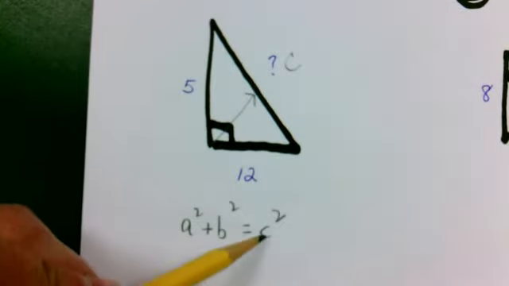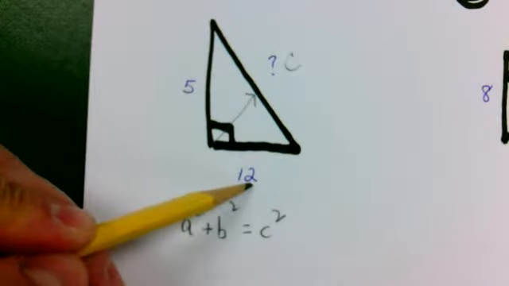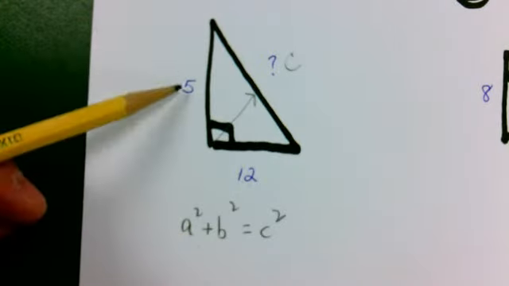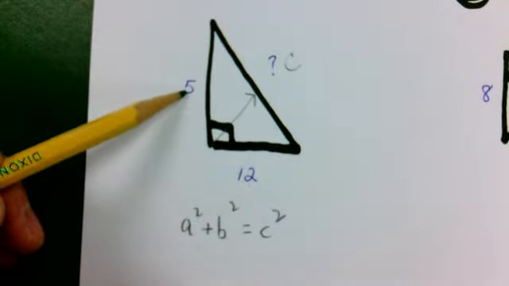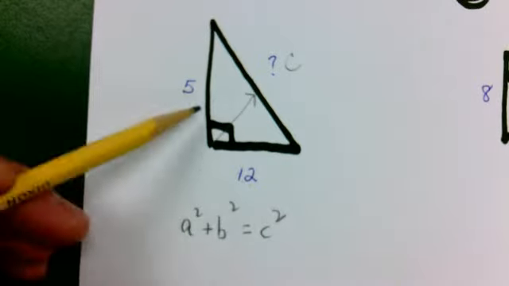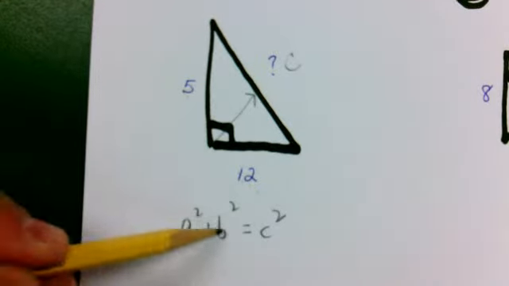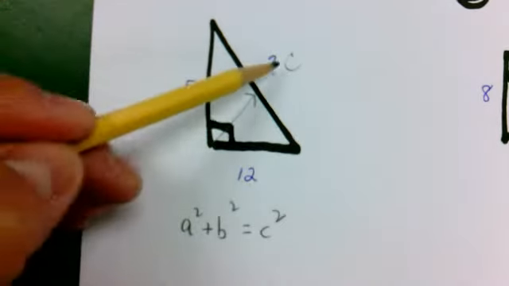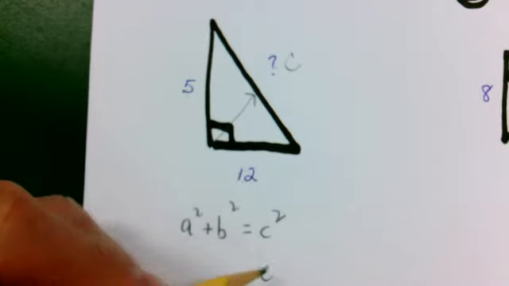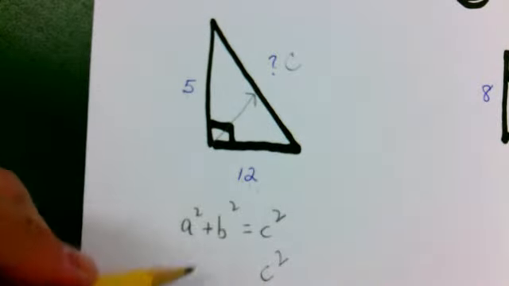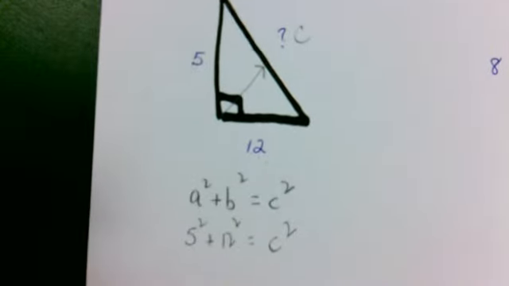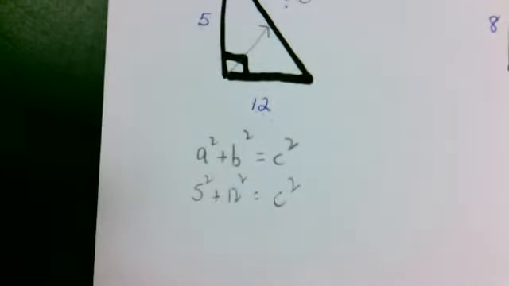So I do not know side C. So that means that these two sides are A and B. So I have to take those values and substitute them in. Usually the smallest side is side A, but it really doesn't matter too much. For A and B, it doesn't really matter where you put them. It only matters if you are looking for side C, that you make sure that you leave side C as the unknown. So 5 squared plus 12 squared equals c squared,